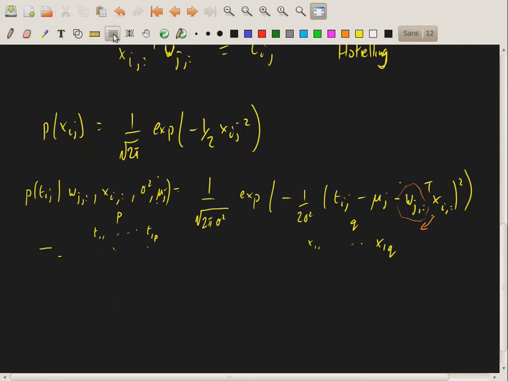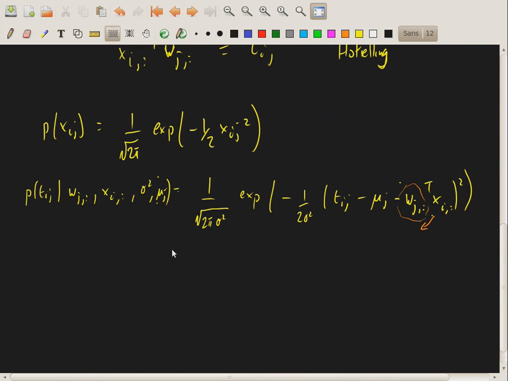Let's try and get rid of some of the rubbish I've pulled down. So this is our likelihood, and that's our prior distribution. So x is appearing in here. But what do we need to do? This is the likelihood for one element of the entire data matrix. So we're going to make an IID assumption,